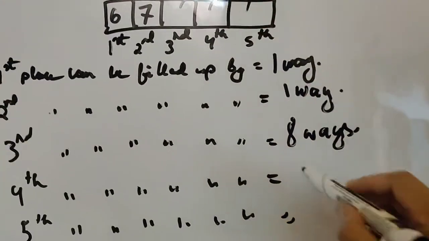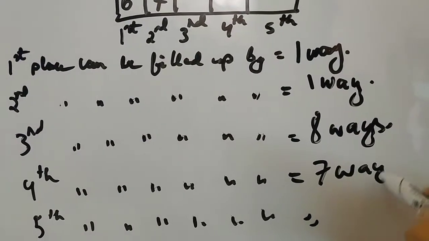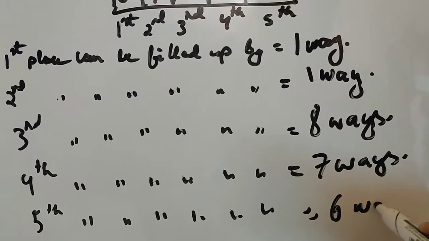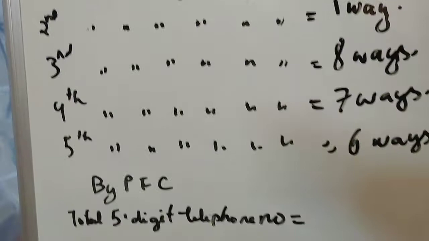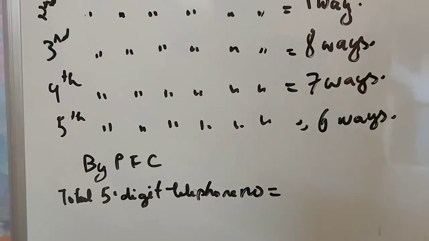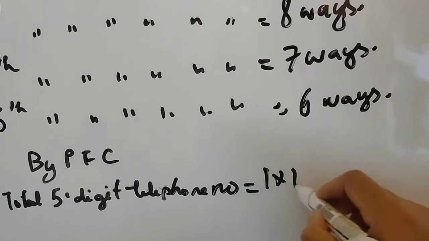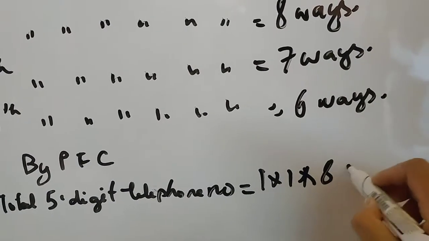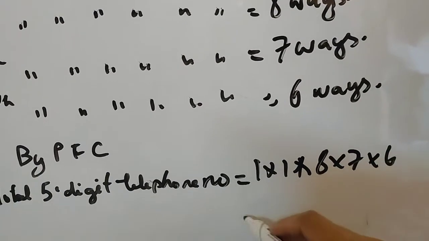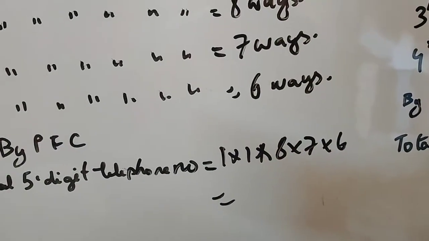Fourth place can be filled up by 7 ways. And fifth place can be filled up by 6 ways. By the principle of fundamental counting, I am writing it short: multiply 1 into 1 into 8 into 7 into 6. You see what you get? You will get